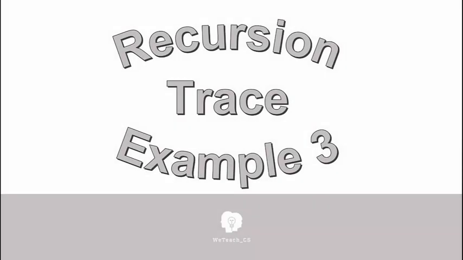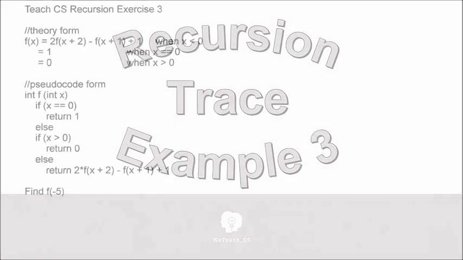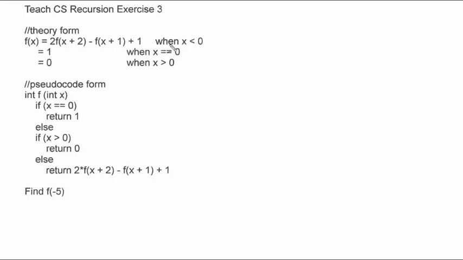Let's take a look at this interesting recursion example. Notice there are two base cases, and in the recursive call, there are two recursive calls. So when x is equal to 0, the answer is 1. When x is greater than 0, the answer is 0. When x is less than 0, it's this double recursive call, and you can see the same thing down here